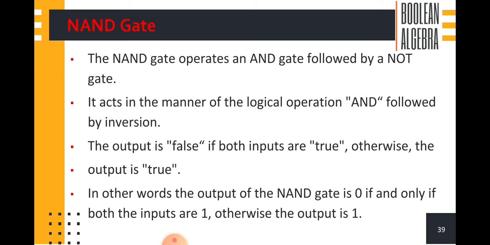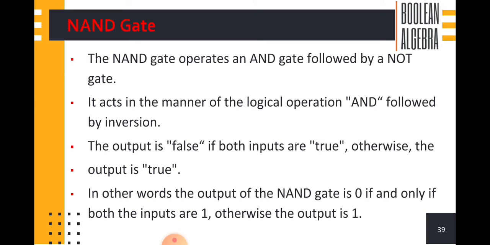We already know NAND and NOR gates are known as universal logic gates. Why do we call these two gates universal logic gates? Because the fundamental logic gates are derived from the NAND and NOR gates. So what are the fundamental logic gates? AND, OR, NOT. These three gates are known as fundamental logic gates. Why do we call them fundamental logic gates? From these logic gates we can build any other gates. So NAND and NOR are known as universal logic gates.